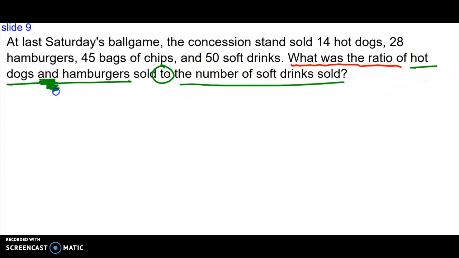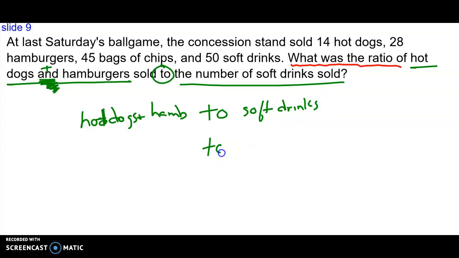Now wait a minute, hot dogs and hamburgers to the number of soft drinks. What does that and mean? That means you got to combine the hot dogs and the hamburgers. So how do you combine them? With what operation? You're going to add. So we're going to do hot dogs and hamburgers to soft drinks. All right, so hot dogs and hamburgers. Ooh, that's kind of scary right there. How many hot dogs you had? 14. How many hamburgers you got? 28. What do you do with 14